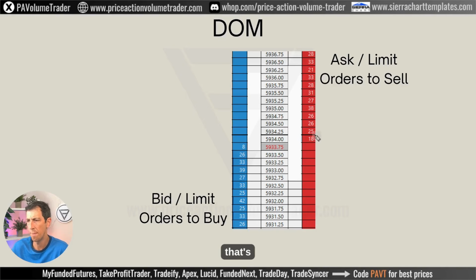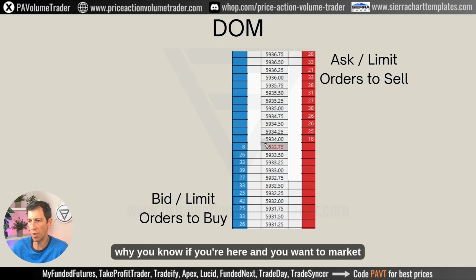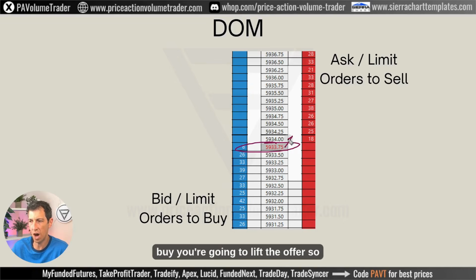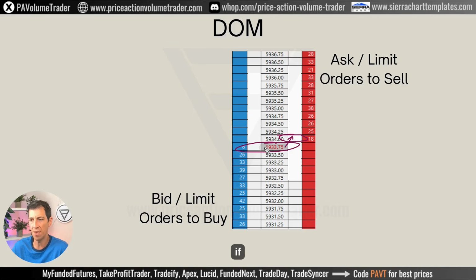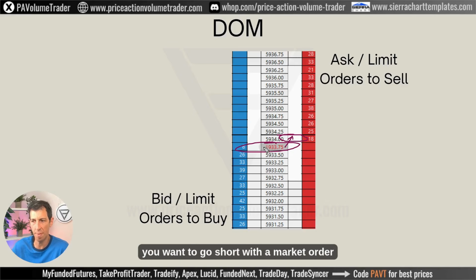And so that's why, if you're here and you want a market buy, you're gonna lift the offer, so you're gonna get filled at the next available level. If you wanna go short with a market order, you're going to go down, and depending on the size of your order, if you're only doing 1 or 2 contracts, you're just gonna get filled at the next available